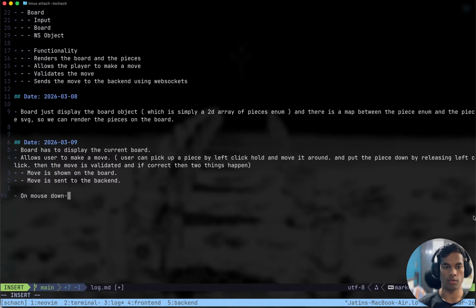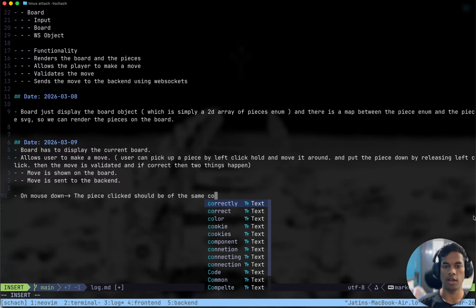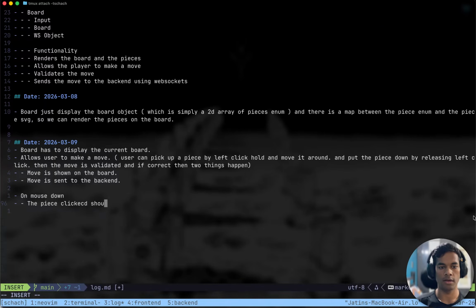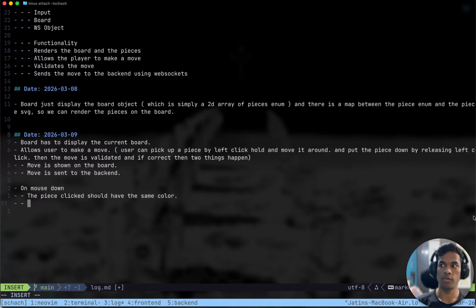On mouse down, find if the piece clicked should be of the same color. That is the first thing. Wait, remove all this. Piece clicked should have the same color.